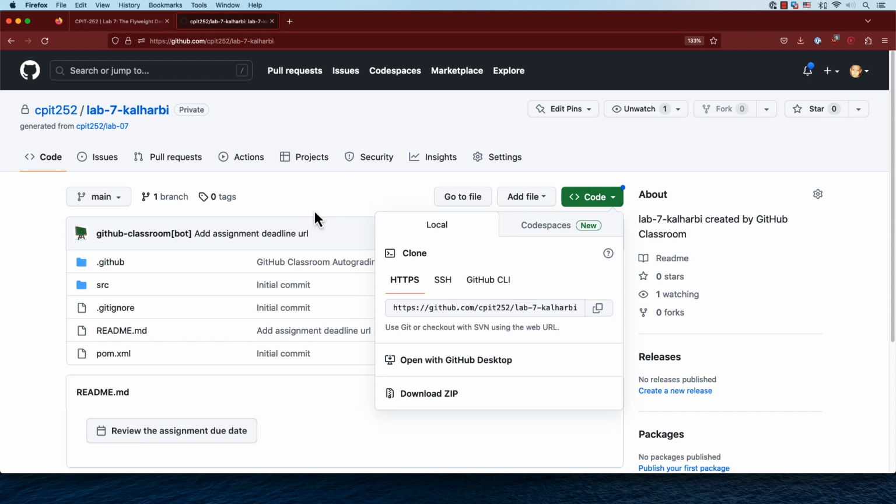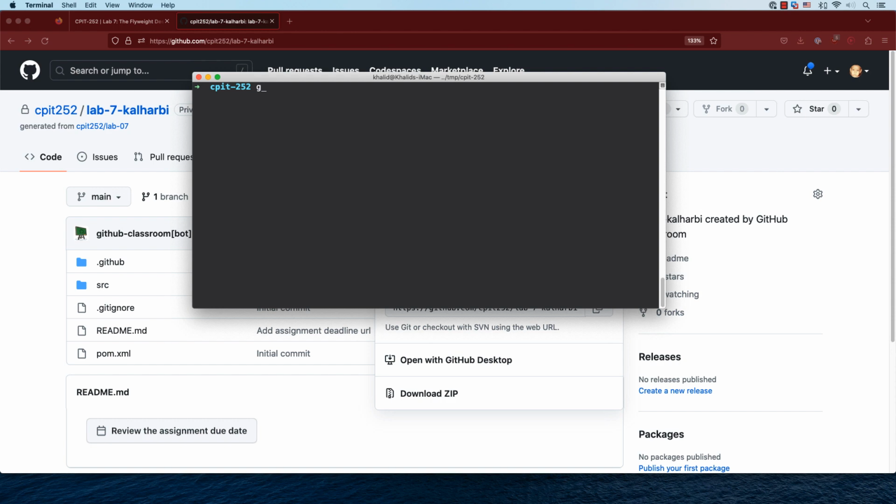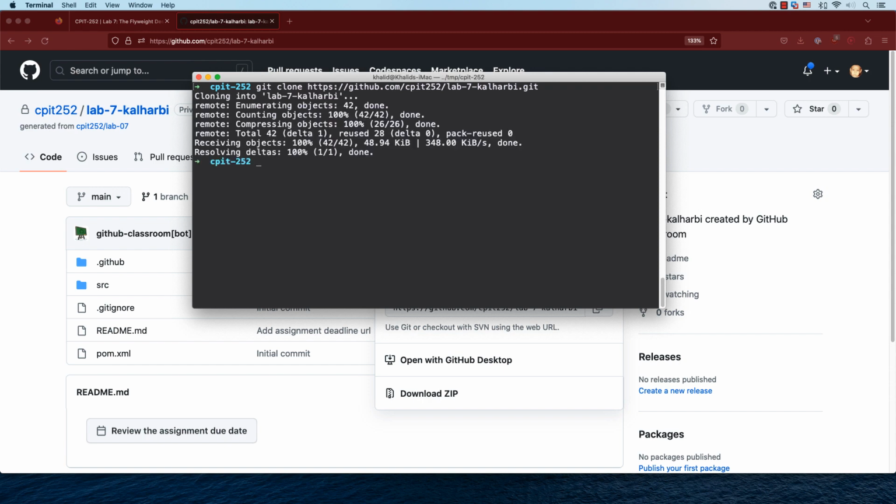If you're on Windows, go to PowerShell, and then git clone, and then paste the link. This will download the code, the repository, to your file system. Go there, and then I'm going to open it up in IntelliJ IDEA. All right, so let me grab IntelliJ IDEA